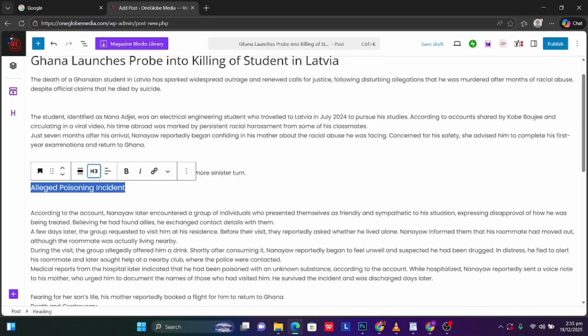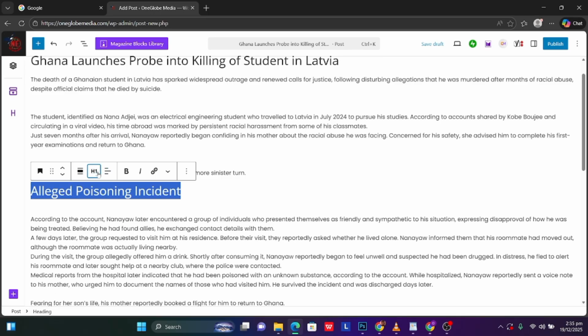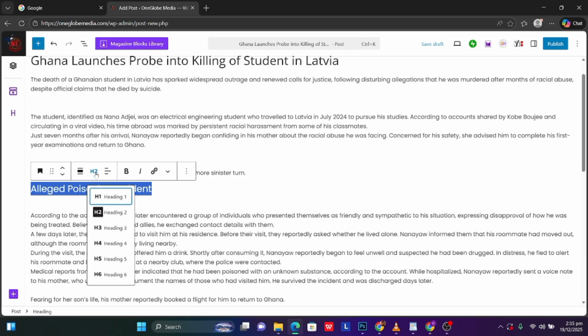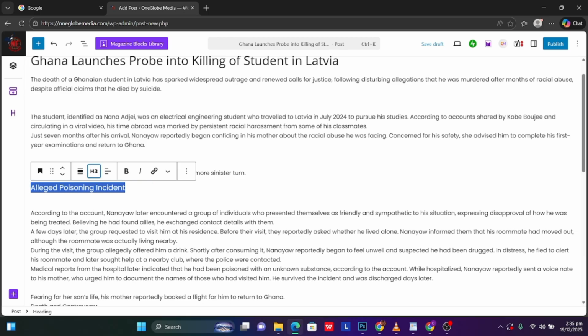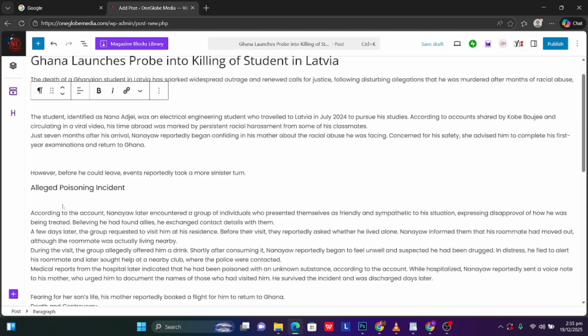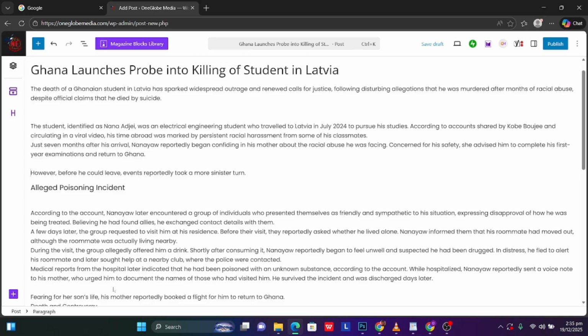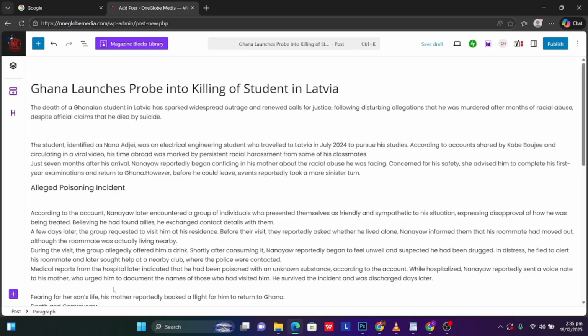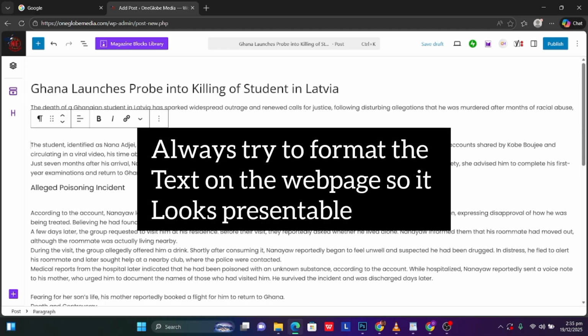Now, look at the differences in headings. When I use H3, H1 is very big, then H2, then H3. Now, for an in-article heading, it's okay to use the H3 header tag. Okay. Now, let me make the formatting look a little better. Alright. I just want to make sure the spacing